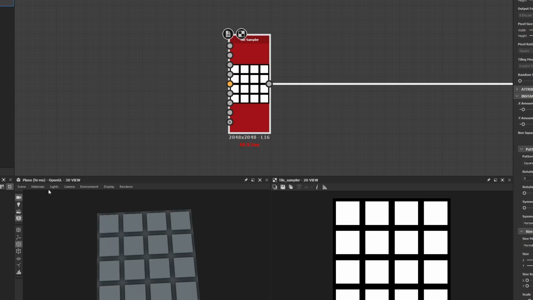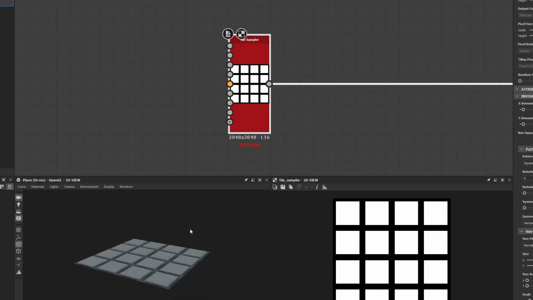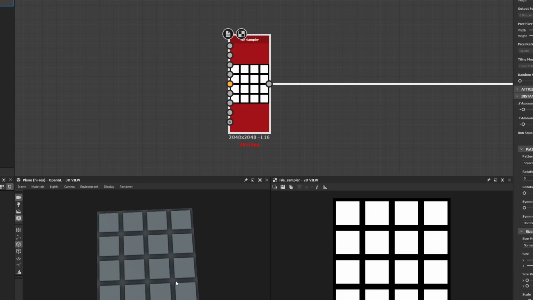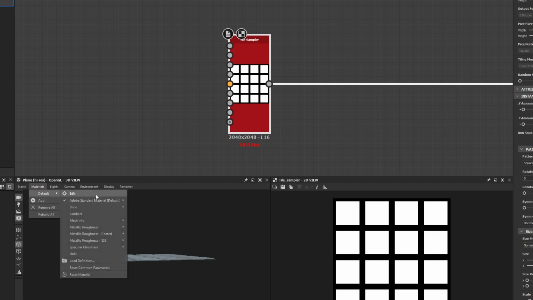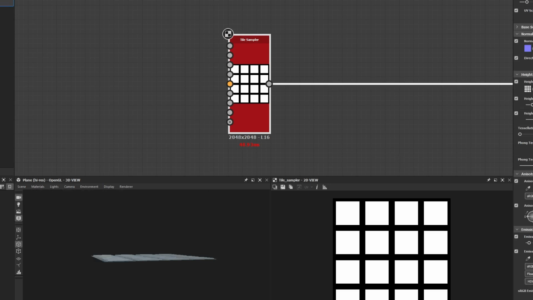And then you can see here that in the 3D viewport, there's less. There's a 4 by 4 grid now, which is what we want. Okay, so now let's go back to materials, default. I'm going to hit edit. And then I want to talk about these two settings real quick. So the height scale basically